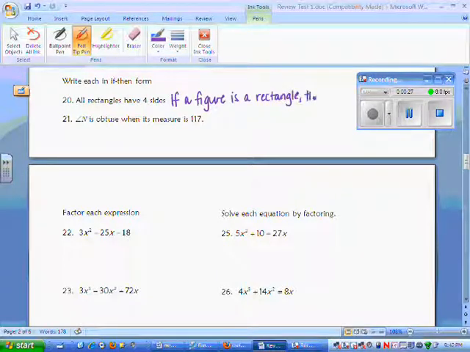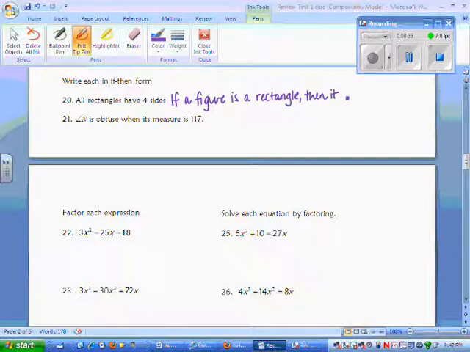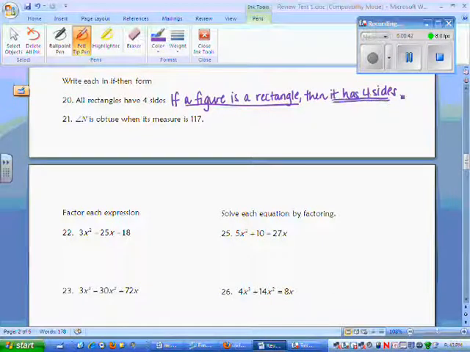then it has four sides. Okay, remember our statement after the if is going to be a hypothesis. After the then is our conclusion. Next one, angle n is obtuse when its measure is 117 degrees. So if measure of angle n is 117 degrees,